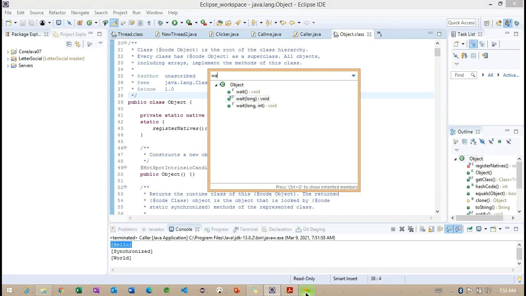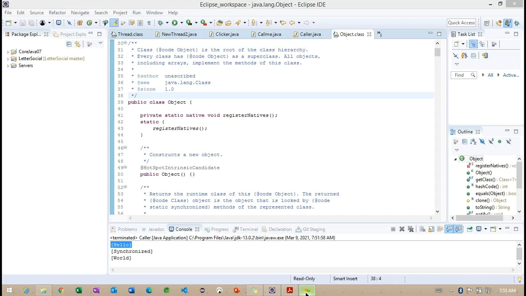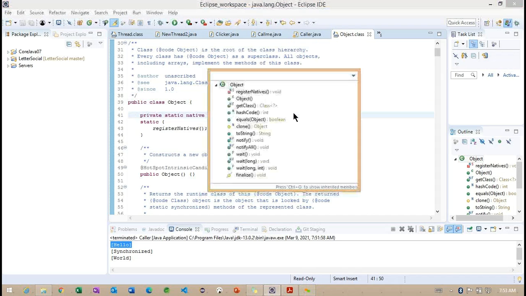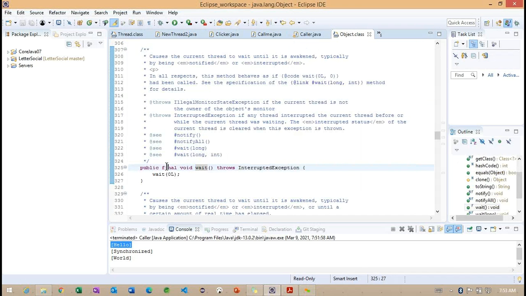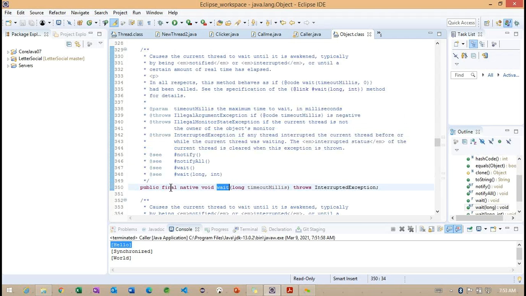This is an overloaded method, having 3 parameters. We'll check here, and you can observe all the methods are final methods. What is meant by final methods?